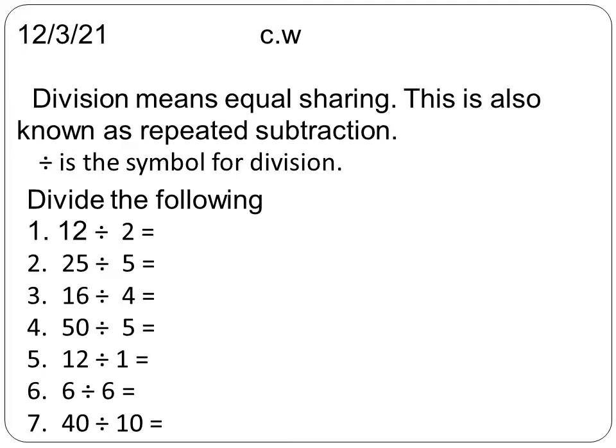Now divide the following. 12 divided by 2. What you have to do? Start saying the table of 2 till you get answer as 12. You have to stop. For example, 2 ones are 2, 2 twos are 4, 2 threes are 6, 2 fours are 8, 2 fives are 10, 2 sixes are 12. So the answer is 6. 12 divided by 2 is equal to 6.